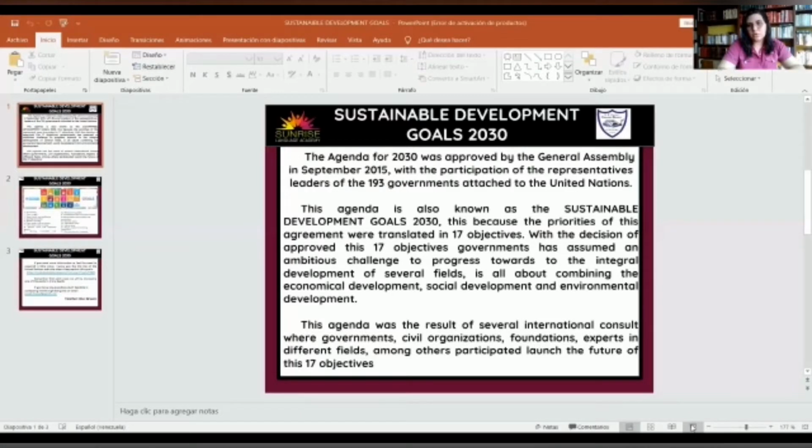But we are going to start with the Sustainable Development Goals of the United Nations. I really like this topic because I think the countries in the world understood the process that the world is facing, and it's important that you know how these countries organize goals to improve the situation. I will show you a presentation. Okay.